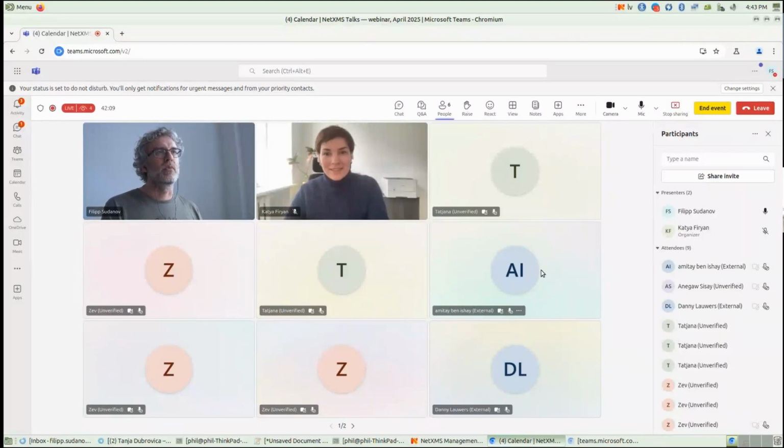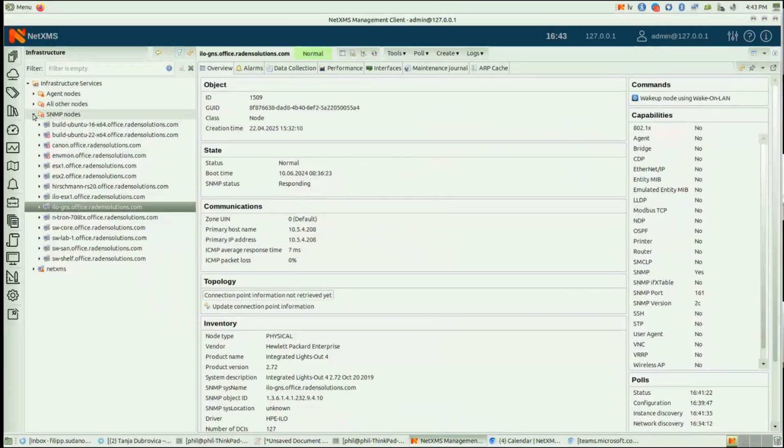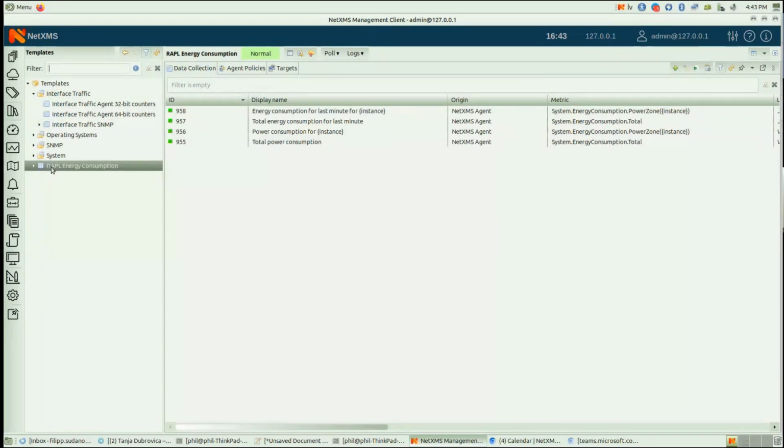Okay, so hello everyone. A couple of things which we added in NetXMS version 5. We've made 2 templates. So let me start from the one which is related to energy monitoring. Modern CPUs provide energy monitoring metrics, and in version 5, support for this was added into the agent, and we've made a template which you will probably get when you